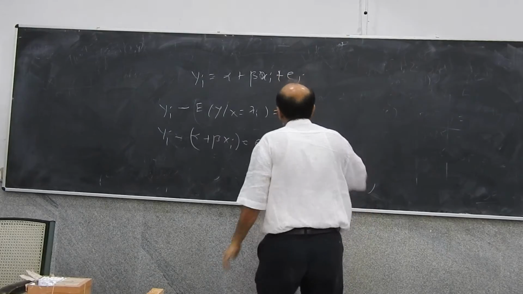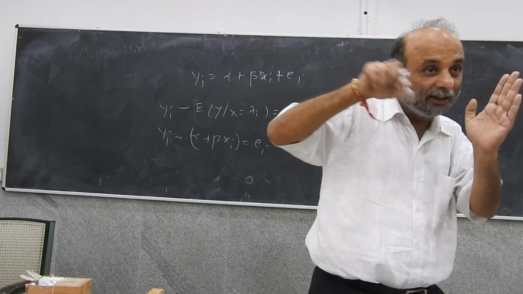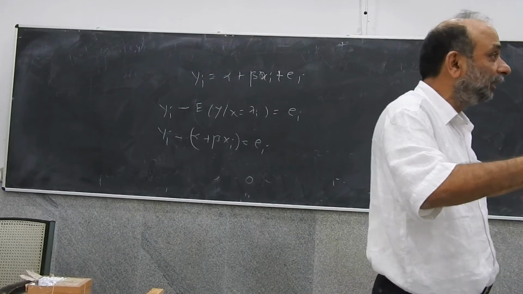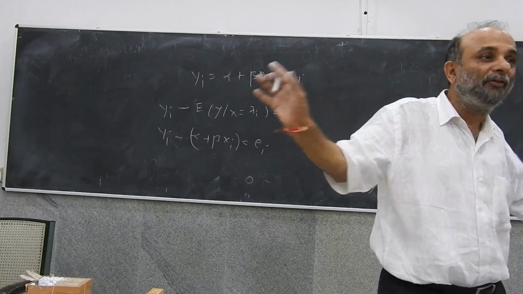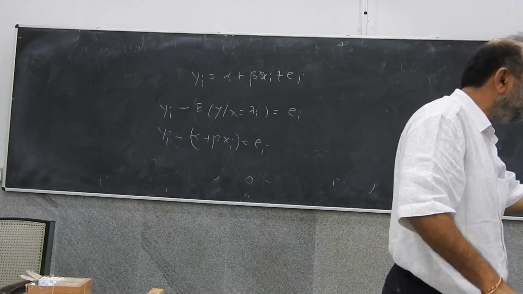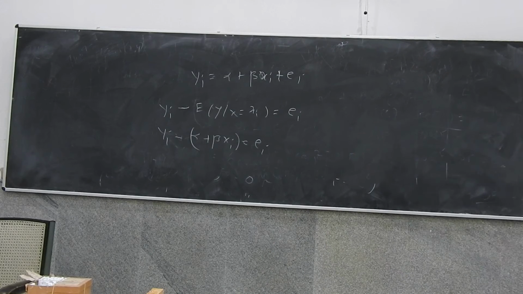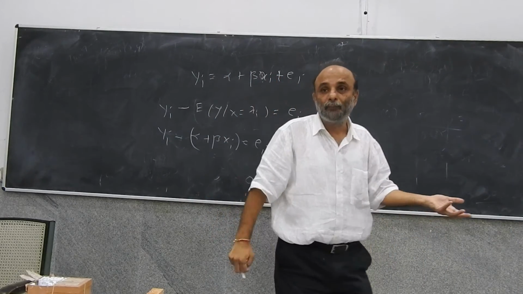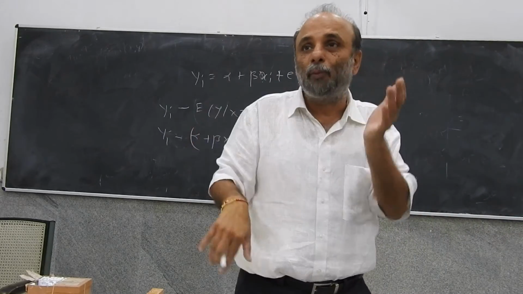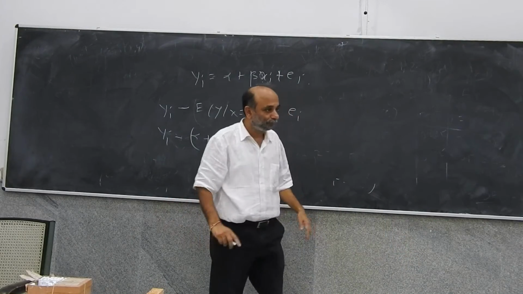Right, so this therefore is a stochastic relationship, whereas the conditional mean of y given x equal to xi, which is alpha plus beta xi, is a deterministic relationship. If you know xi, you can know the conditional mean of y given x equal to xi perfectly. For x equal to 2, the conditional mean has to be 2.5 unless you make some calculation mistake. For x equal to 1, the conditional mean has to be 1.5. But here, if I tell you x equal to 2, you can't tell me y will be exactly 3 or exactly 2. You will say it's 2.5 plus or minus some 0.5, which I can't tell you beforehand. So this relationship becomes a stochastic relationship.